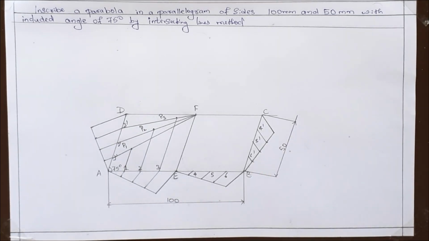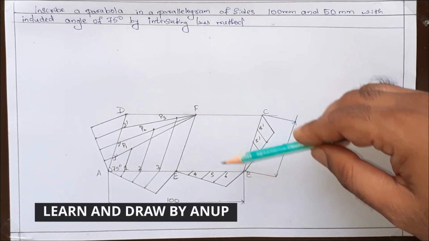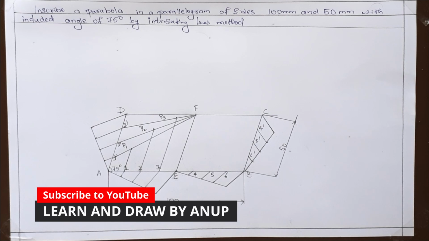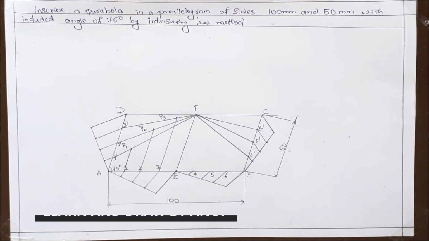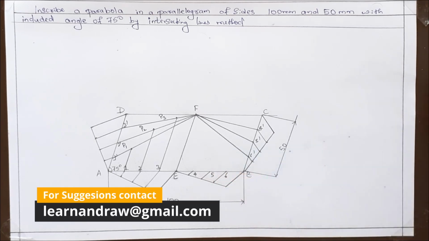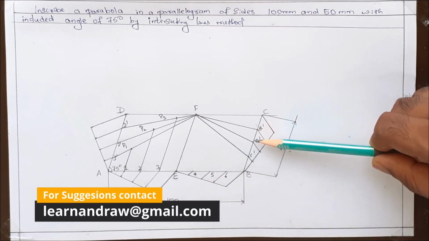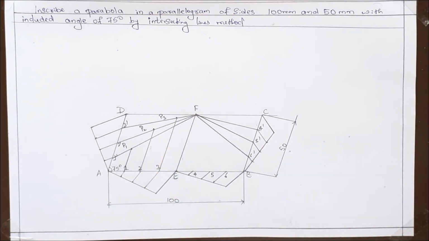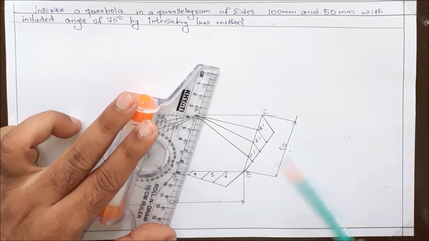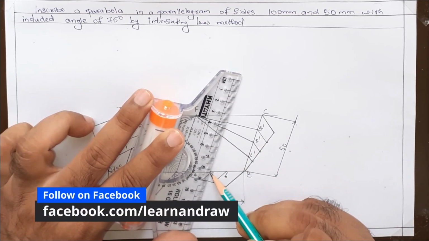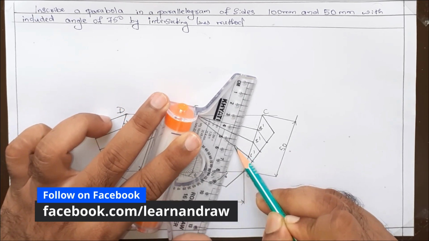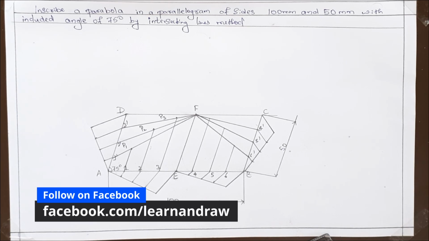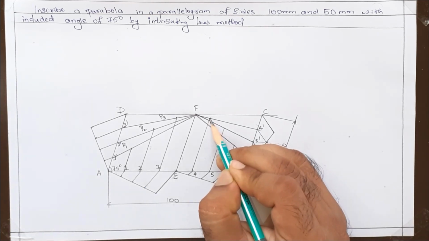Next step is to join the points 4, 5 and 6 with F. Now, the next step is to draw the vertical parallel lines across the points 4, 5 and 6 to meet the lines of 4 dash, 5 dash and 6 dash respectively, as we have done in this rectangle. Now we have obtained the 3 points P4,